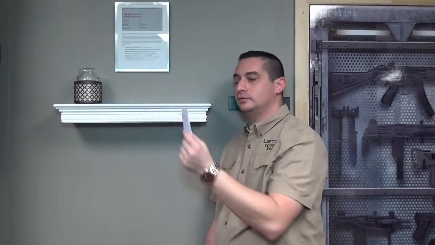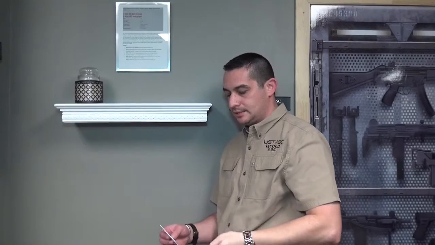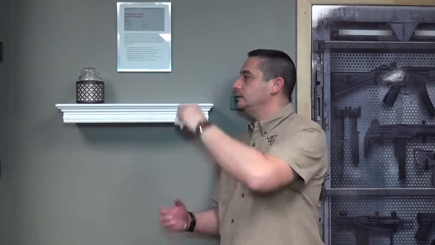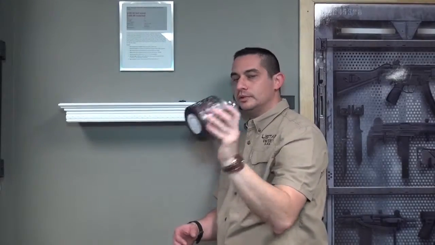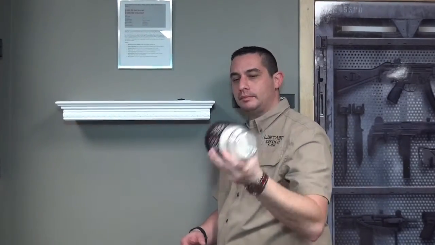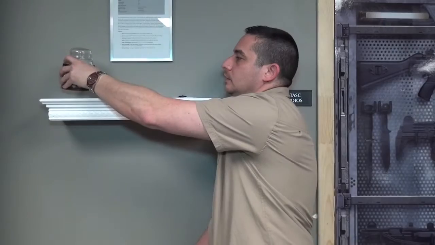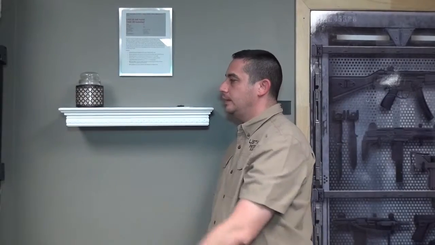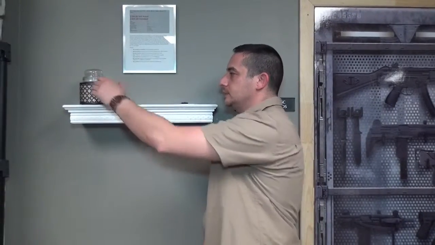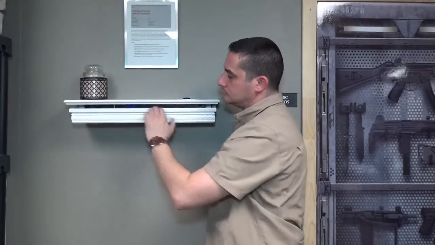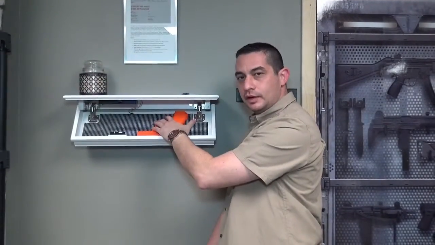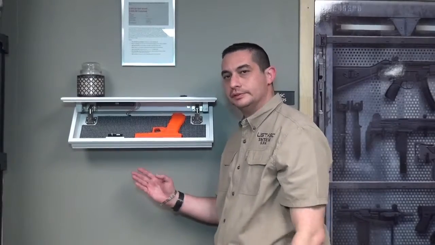So it comes with 2 credit cards as well as a key fob. And the neatest thing is it comes with a portable RFID that you can glue on the bottom of something. Here we've glued it on the bottom of this candle holder, and as you can see, it just blends in completely with the shelf. The cool thing about it is when you run the RFID across the sensor, it pops open and gives you access to your firearm or other valuables that are concealed within the safe.